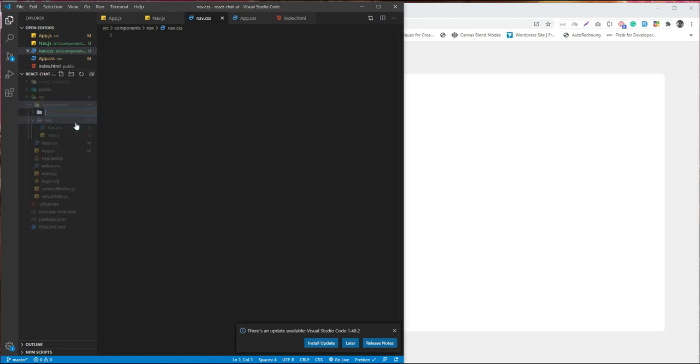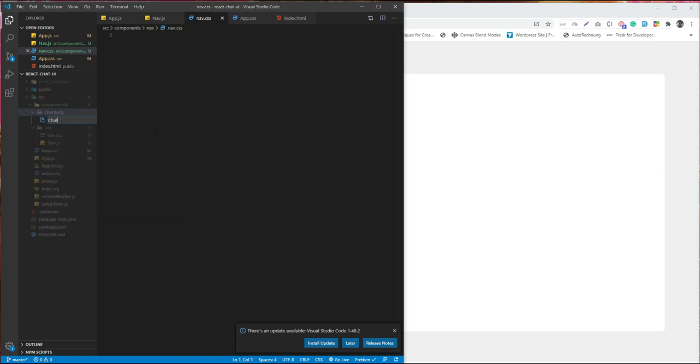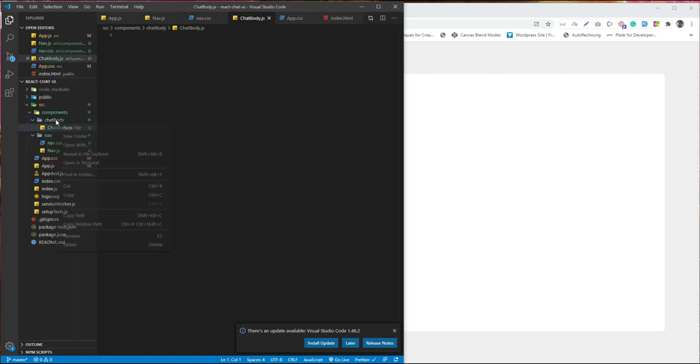And for another component, let's create the chat body. It will be in a folder called chat body. Here also we will create two new files called chatbody.js and another one is chatbody.css.